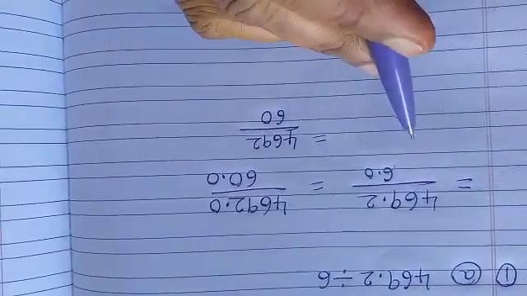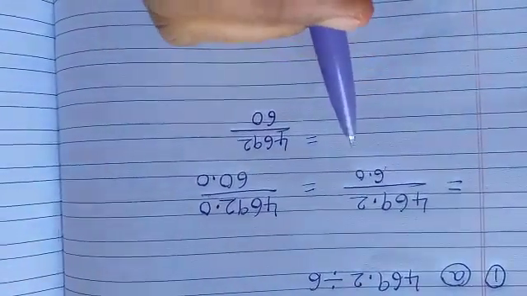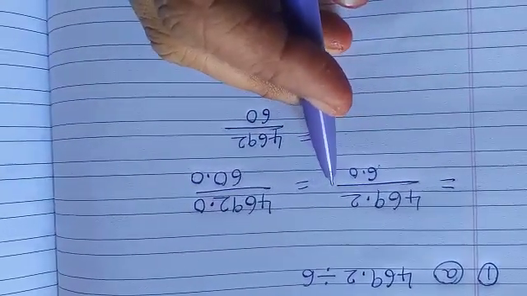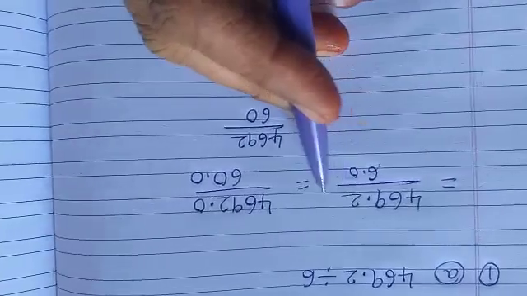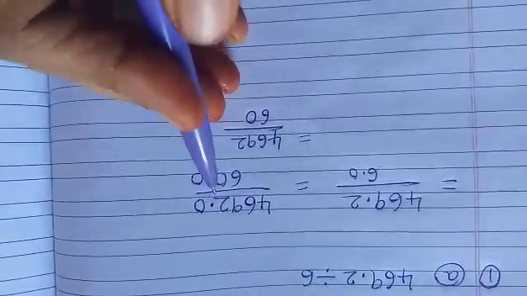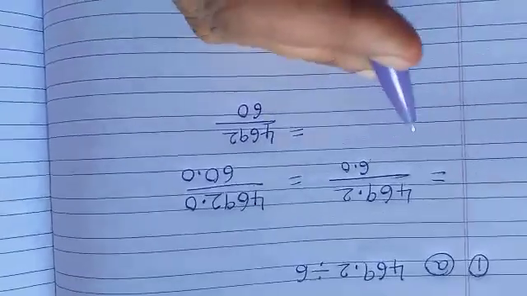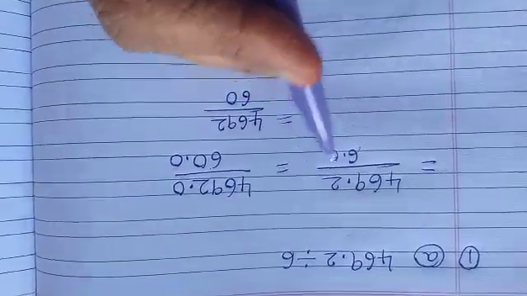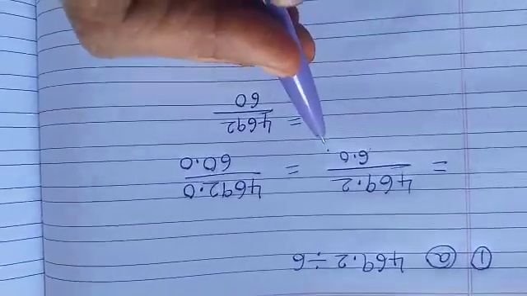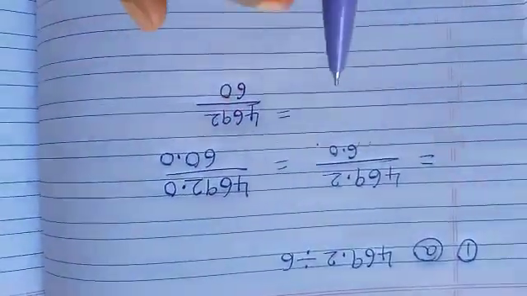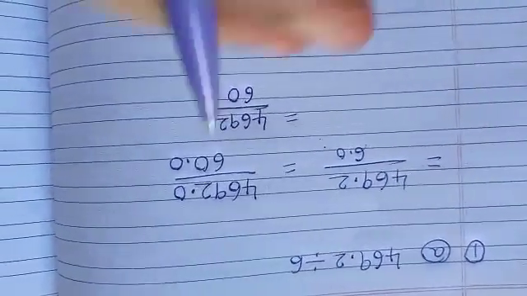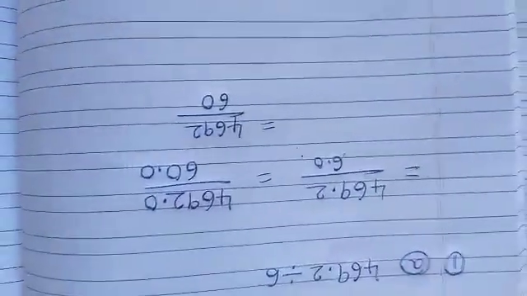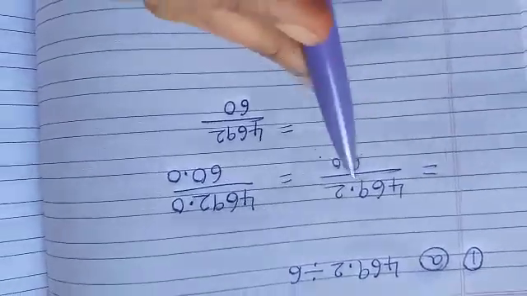Now what we are doing here? We are moving the decimal point in the dividend to the right until it is a whole number, and counting the number of places moved. Similarly, move the decimal point of the divisor too. First we have to check the divisor. Without the decimal point, we want to do the division now. That's why we check how many places to move and then place it.